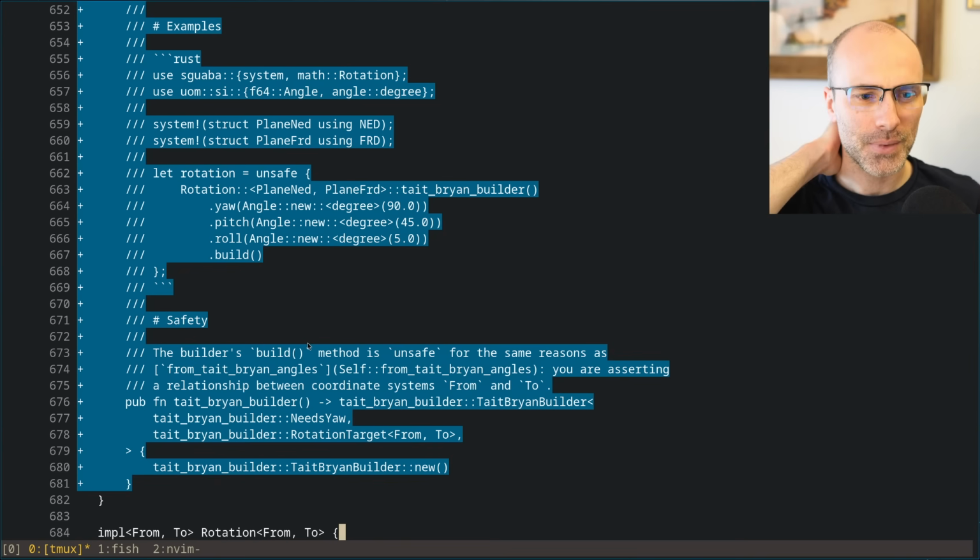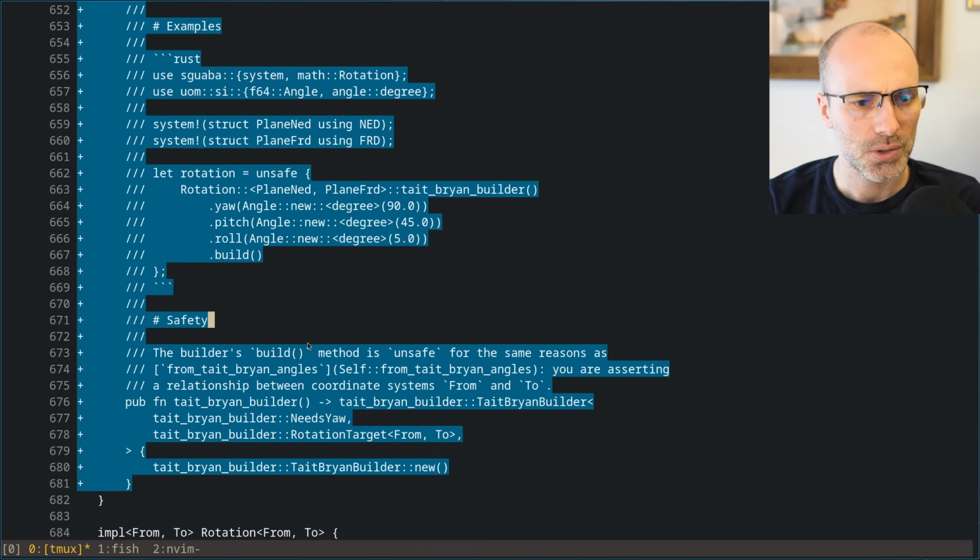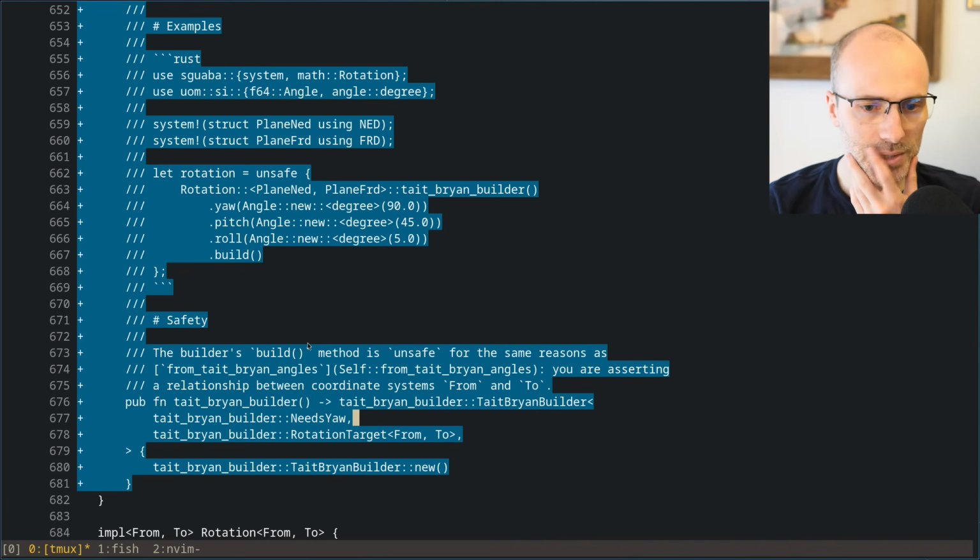Okay, so it's added now this thing. Let's see what this looks like. Construct to construct this. It refers back to from Tate-Bryan angles. I like that safety comment.